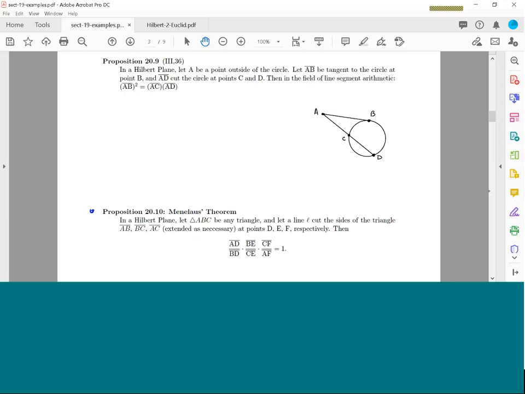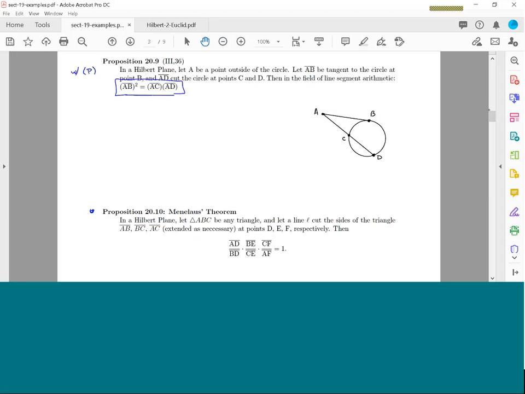This is the same as Euclid's Book 3, Proposition 36, and this is one that we've actually dealt with way back in the past when we were in classical geometry. So here's what this says. This says, hey, you're in some sort of Hilbert plane, and you probably need Playfair's axiom with this one as well. You've got some point that's outside of your circle. You've got AB, you're told, is a tangent line to your circle, so it's only going to meet your circle in one place. You're also told here that the line AD intersects your circle in two places, so that's given ahead of time. Then the conclusion is you're going to get this equation right here, which, not going to lie,